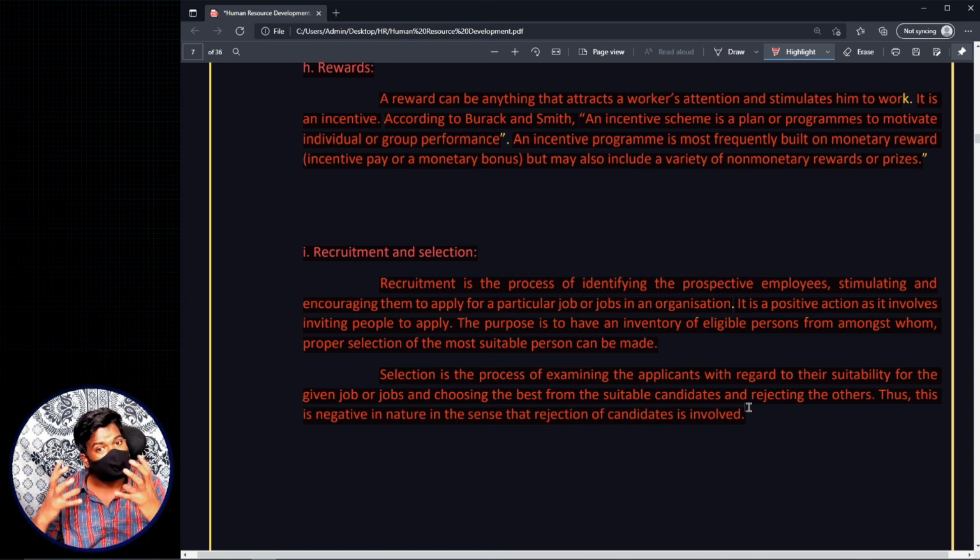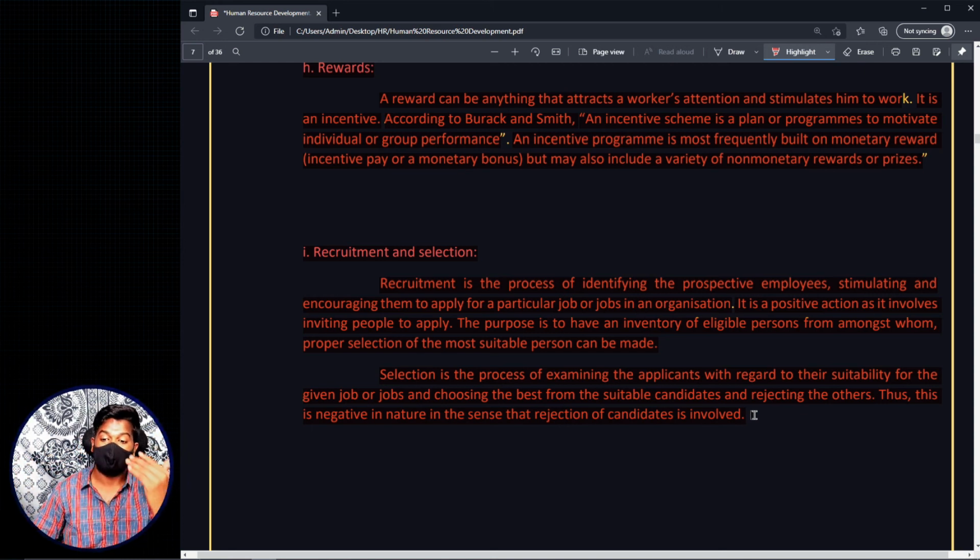That is the first stage of this development. That means in order to develop the employees, first you need to have the employees, right? You need to have them in a particular state, right? That is where you use recruitment and selection as an initial step for the development of the human resource in the organization. So these are all the mechanisms or interventions or tools or techniques or subsystems of human